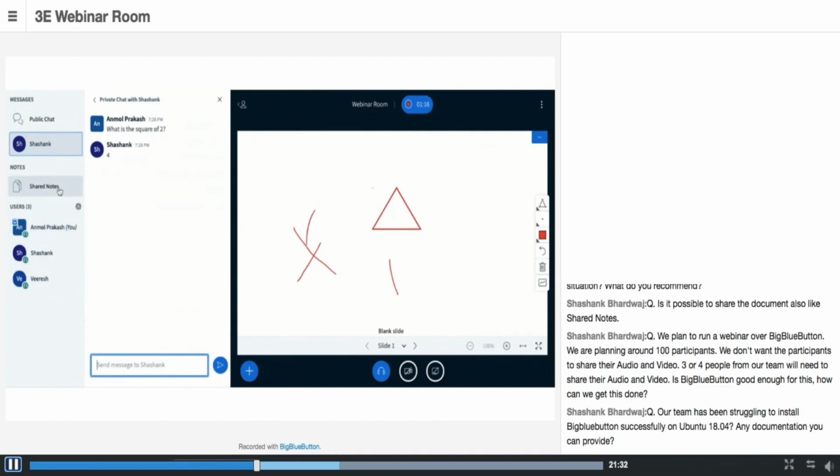Another unique feature, as I was mentioning towards the start of the session, is shared notes. This helps the students and even the moderators to collect and share common notes. So it could be something like a handout, or it could be some notes which were collected by the